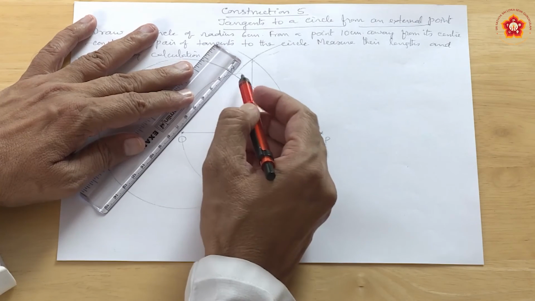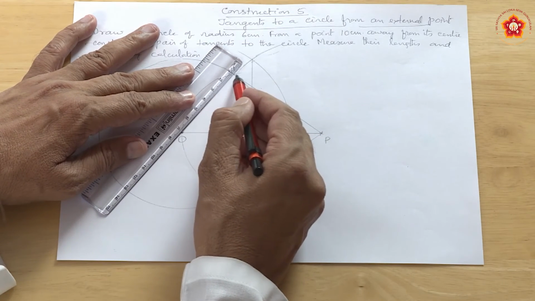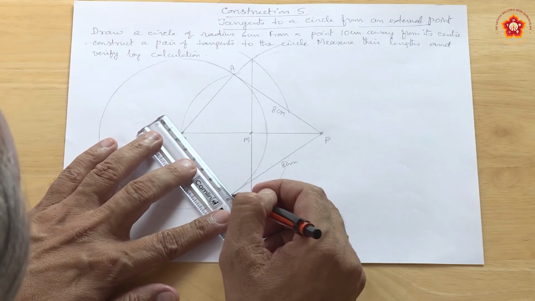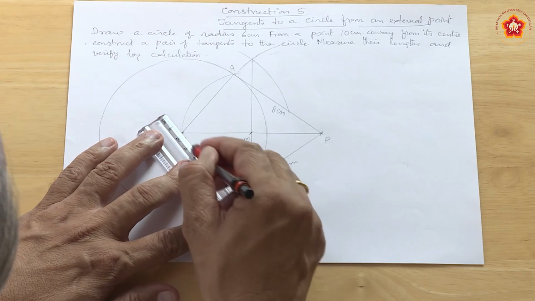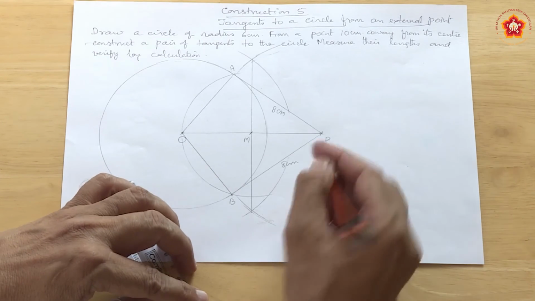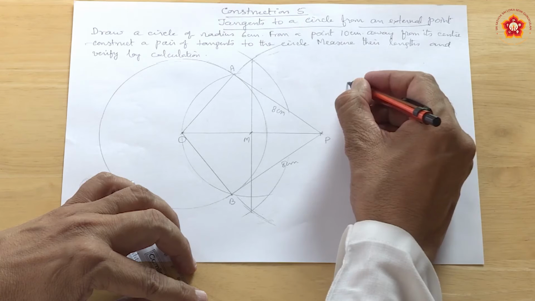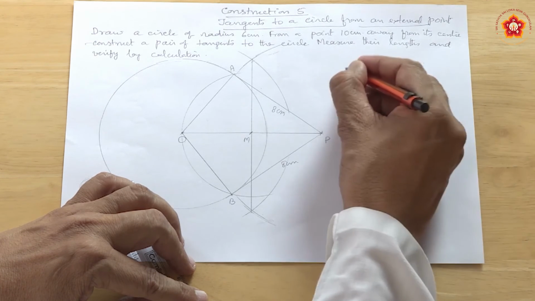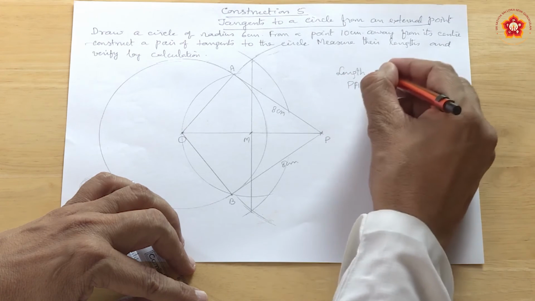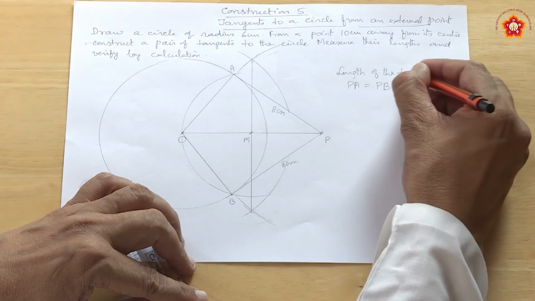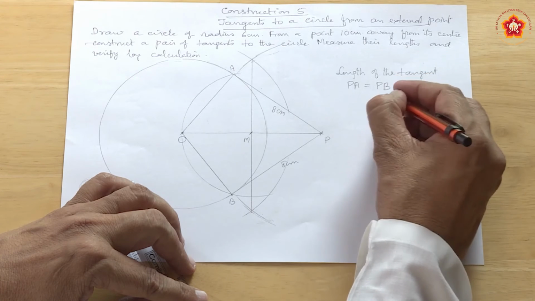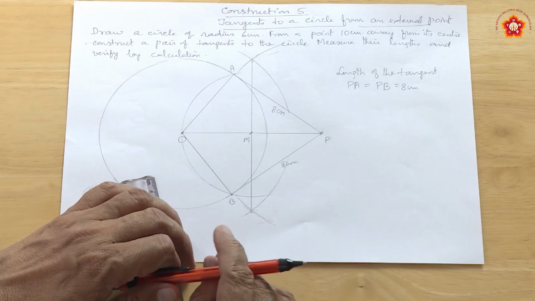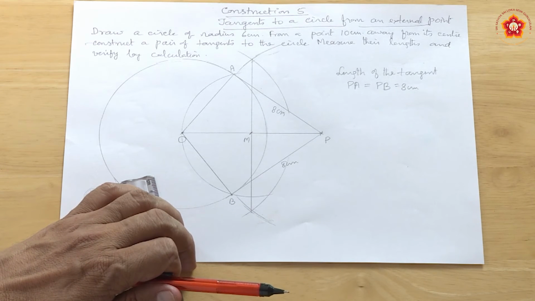Now, you can join this OA also, so that you get a right angle triangle, and by using Pythagoras theorem we can verify it, right. So nice. So, these are the two tangents, PA and PB are the tangents. You must write in exam also, they expect you to write length of the tangent PA is equal to PB is equal to 8 centimeters. Now, what you have measured, you have to verify it by calculation. Calculation is